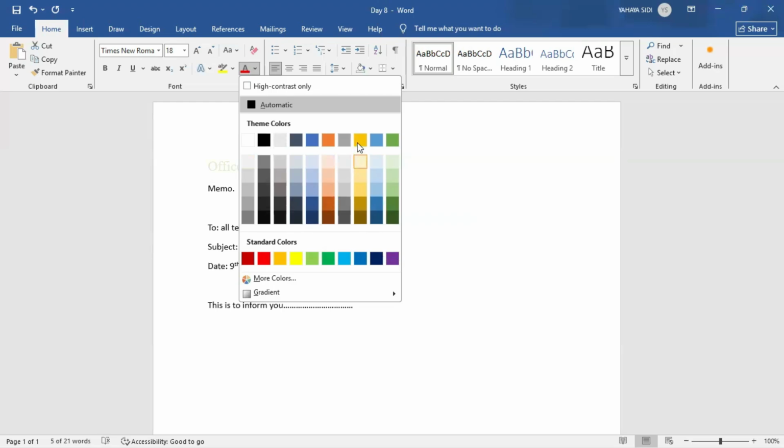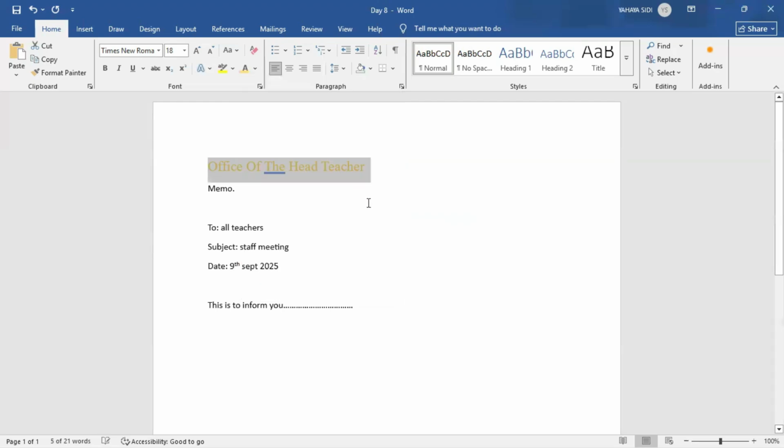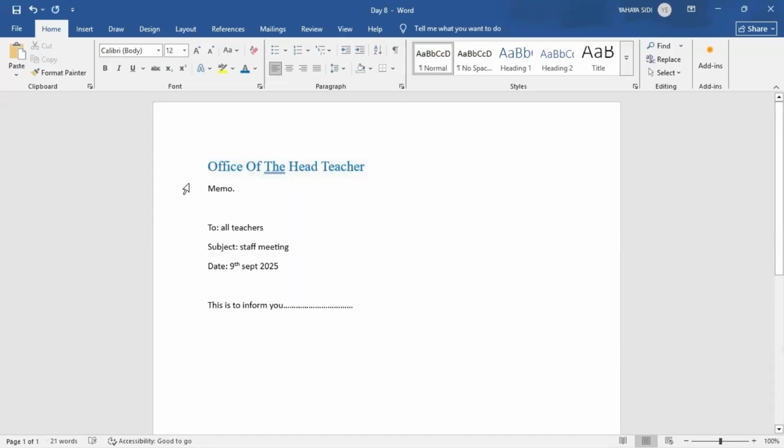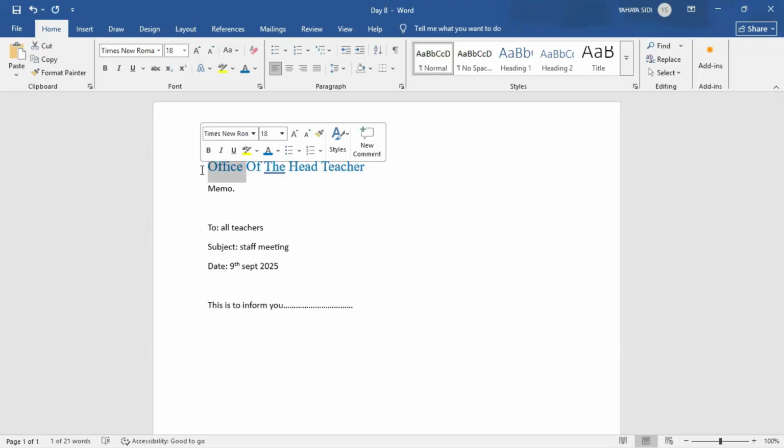Let me use this yellow color. Here you can see our color changes from black to this one. Also, if I place it on, let's say, blue, it's also changed to this. So this is all about the